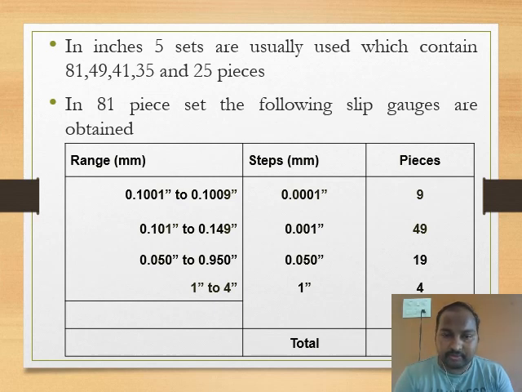Similarly 0.101 inch to 0.149 inch in steps of 0.001 inch, so it is 49 pieces. 0.05 inch to 0.95 inches in steps of 0.05 inches, total it becomes 19 pieces. Similarly from 1 inch to 4 inches in steps of 1 inch, totally 4 pieces. When I add this, I am getting the 81 pieces. So that is how you